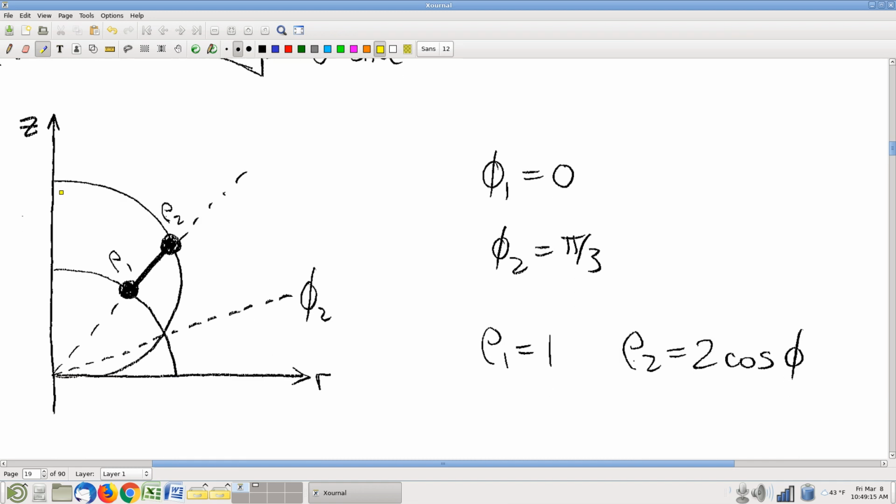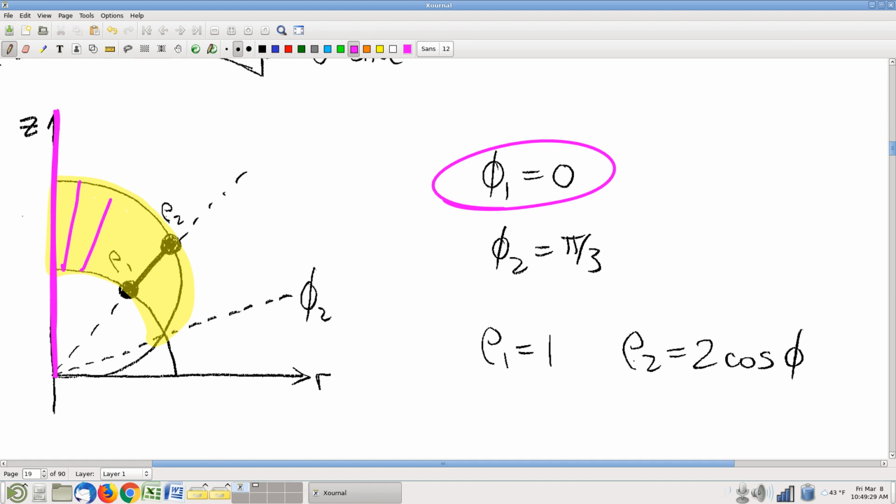I guess I better draw this again. What happens on this piece? What do our phi slices look like? Well, phi is going to start there at 0. And then they end at that point, and I've got to figure out how to solve for what is phi